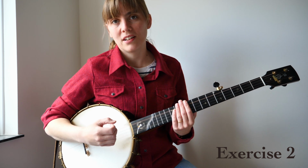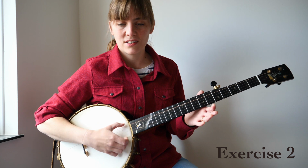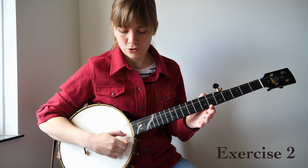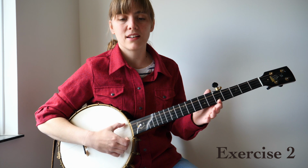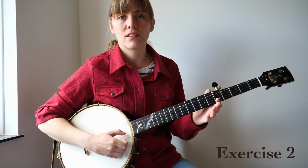If you're struggling with any of these, try adding in the note that's been missed. So you've got there, where your thumb rests on the 5th string, and then drop thumb, actually use that D string note in there. So da, da, da, ga, da, da, ga, da, da, ga. Practice that first, and then